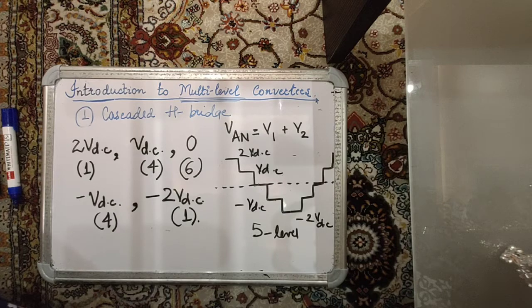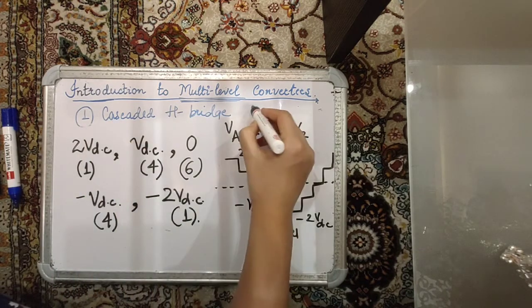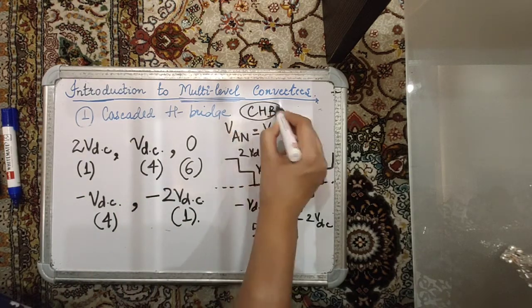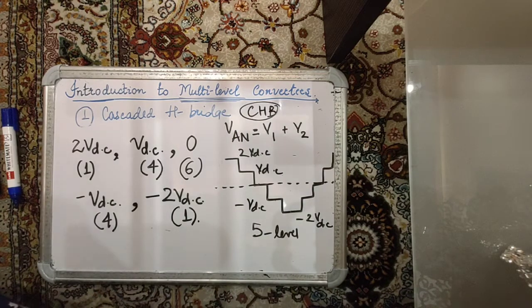This is the output of a 5 level cascaded H bridge converter, or you may call it a CHB, a symmetrical CHB. By symmetrical, I mean that each individual H bridge has the same DC voltage source value. VDC, VDC, VDC. The DC source in every H bridge is equal to VDC. Each VDC is isolated from the other, but the value is same. So each H bridge is fed by the same value. It's a symmetrical H bridge, and it's a 5 level H bridge,